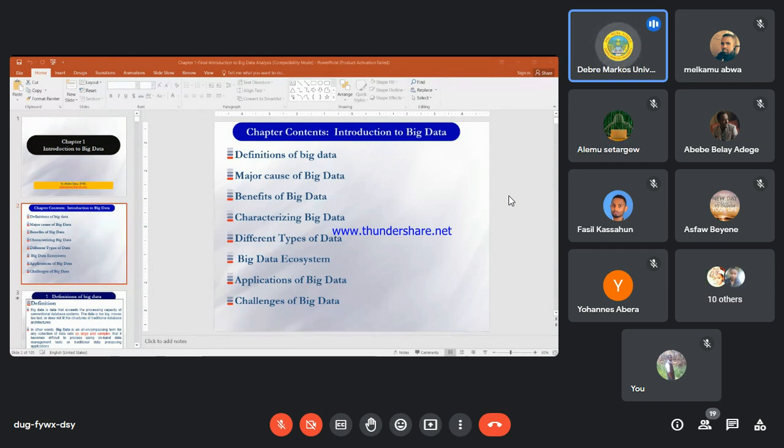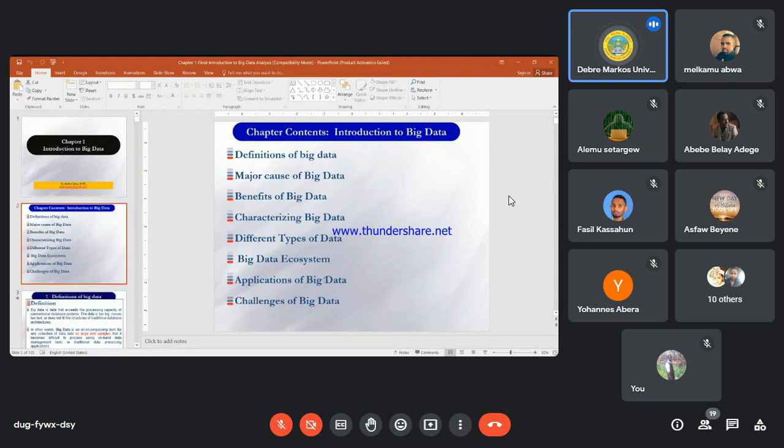What are the basic techniques to select data for training and testing? Because you may select randomly, but when you use random selection mechanisms for data selection, you have to take care of that. So we are going to cover this in the last chapter. These all are the contents.